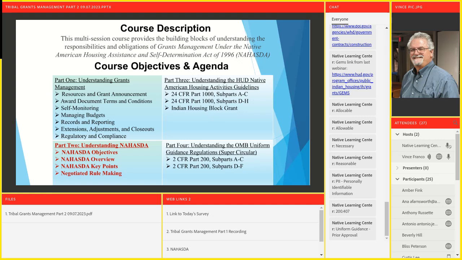I wanted to get those 2 things out of the way before we got into the next real section, which you can see is the bottom left of the screenshot there. And by the way, I'm still looking at the chat box to see if you have any questions or concerns. We are going to move into NAHASDA now. NAHASDA is, as you all smart people probably know, the Native American Housing Assistance and Self-Determination Act of 1996. This was approved during the Clinton administration. One of the more important things, I think, that administration did during its time.